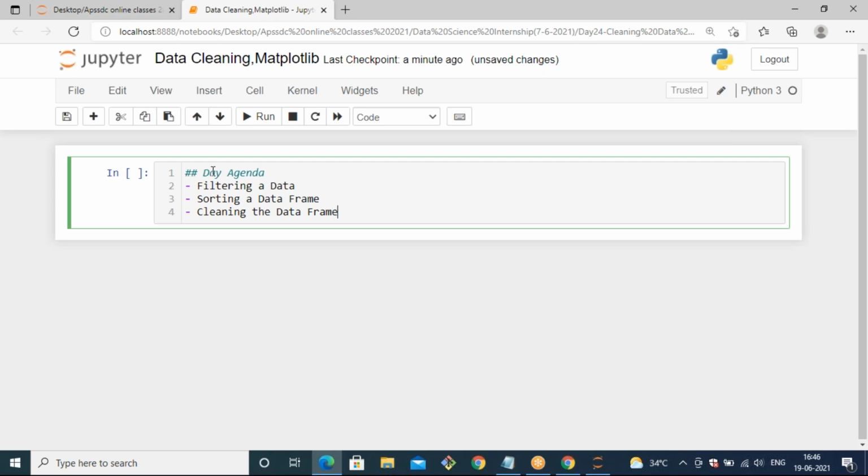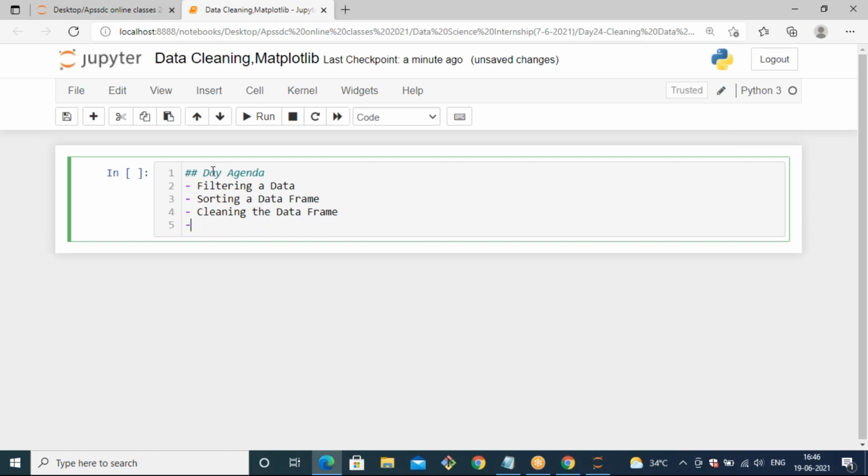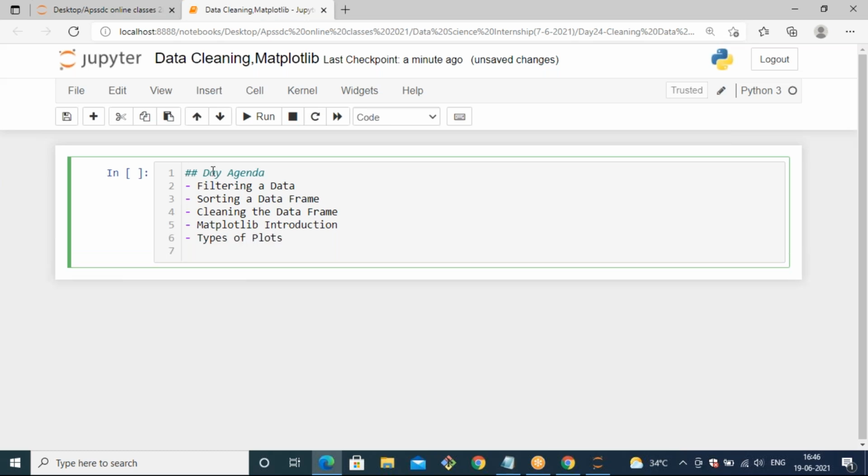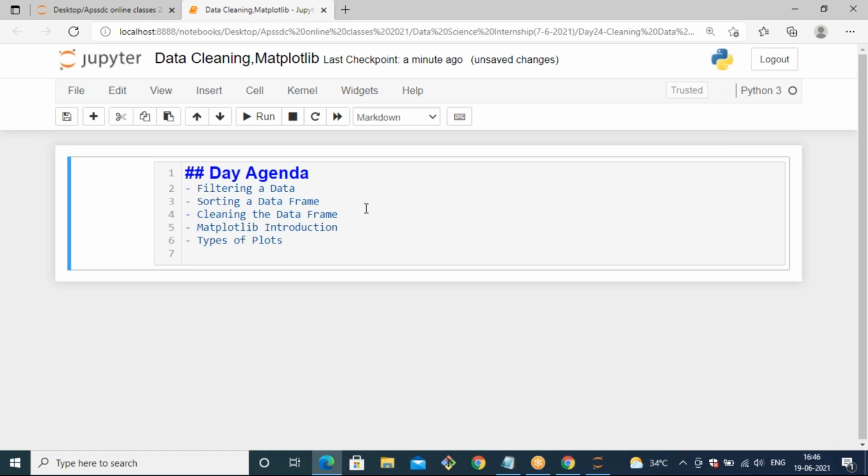So this is the agenda. And then we can start Matplotlib and types of plots. So let's see how it happens one by one.